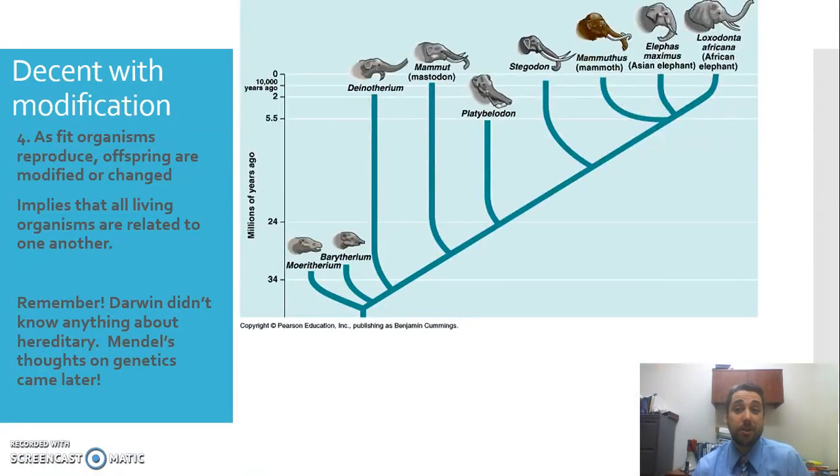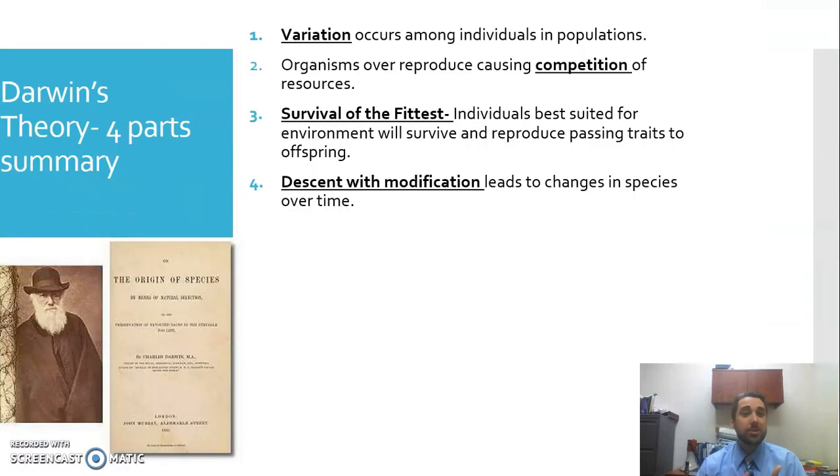So on a bigger, grander scale, if we look at a common elephant, if we look at our evolutionary timeline millions of years ago, we want to think about where did these trunks happen? Where do we get these different features? As they developed over time into our modern-day elephants, we've had these slight variations, and due to their environment, some had a variation or an adaptation that helped them survive and then reproduce. And so that is why we have our everyday elephants now. So that's Darwin's theory.